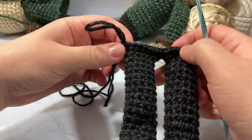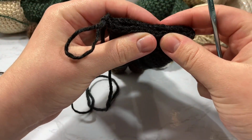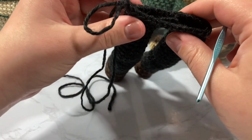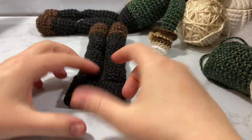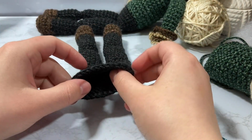This counts as the start of this round, and I'll be right back as soon as that's done, so you can see how that's a bit more even now. You basically kind of did an extra half row, but it works out, and I think it looks better this way. So I'll be back as soon as I get 5 more rounds of the 30 done. Be right back. Okay, so I finished it off, and I ended up hiding my tails and using that tail